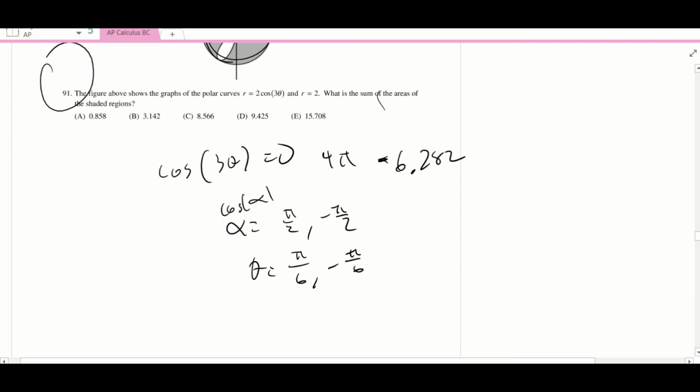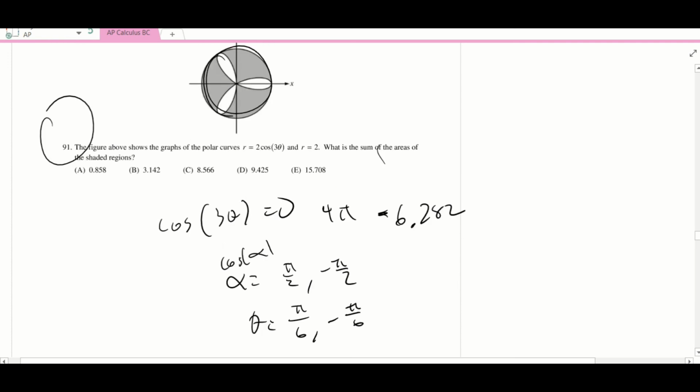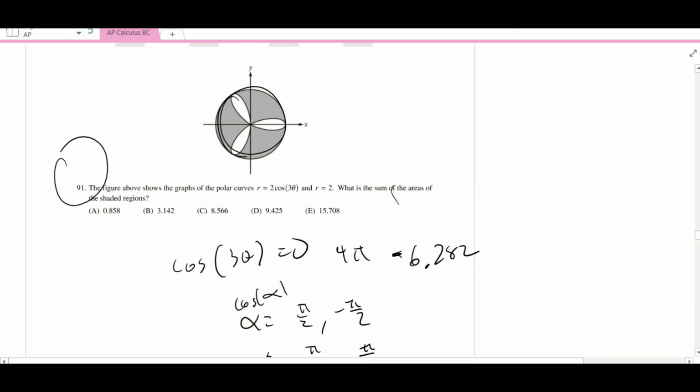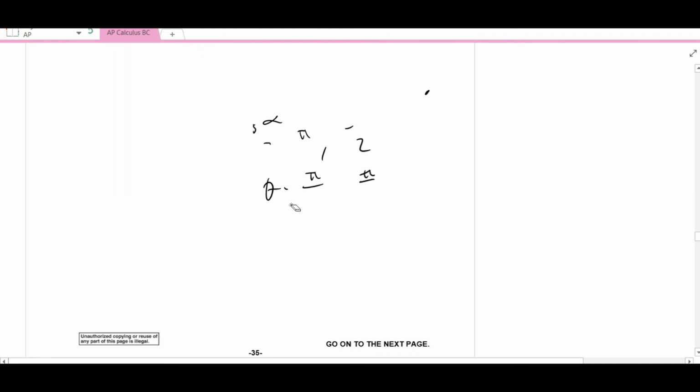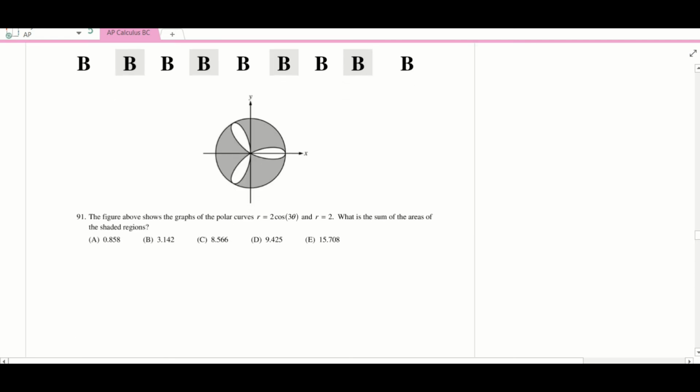And now we go back here. The figure above shows a graph of the polar curves r equals 3 cosine 3 theta and r equals 2. What are the sum of the areas of the shaded regions? I'm still pretty appalled at my mistake, but